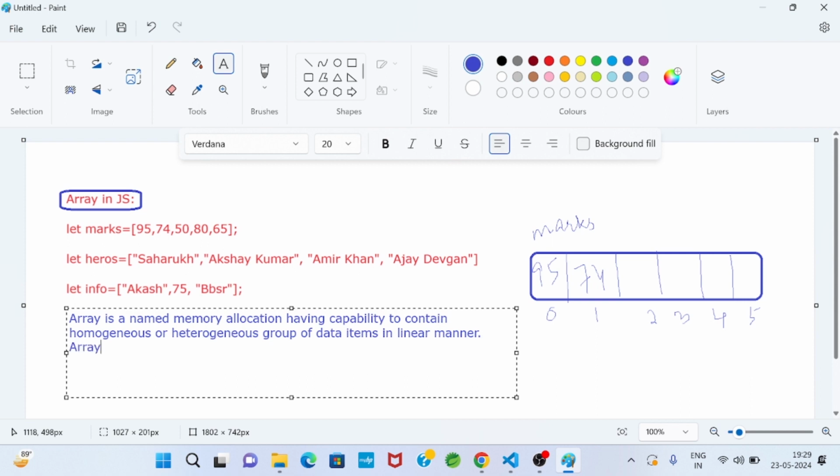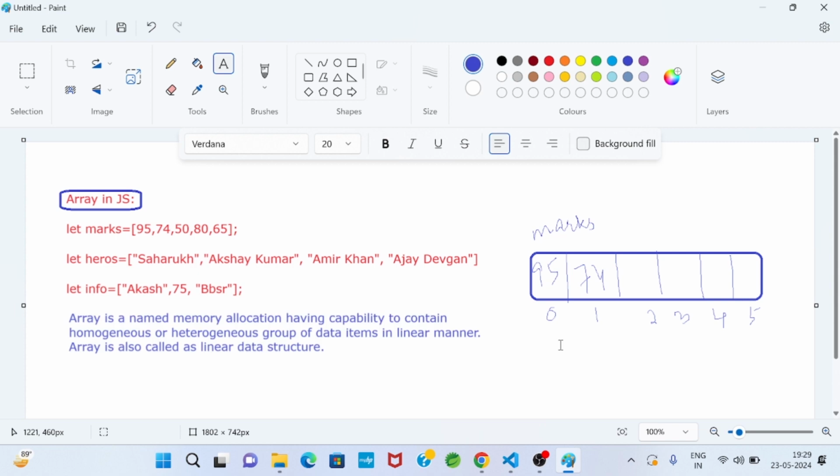That's why an array is also called a linear data structure. A data structure is a way where we store data, and not only store data, we also perform some operations: searching, sorting, inserting, removing. I'm not going into detail on that part, I'm just defining what an array is.